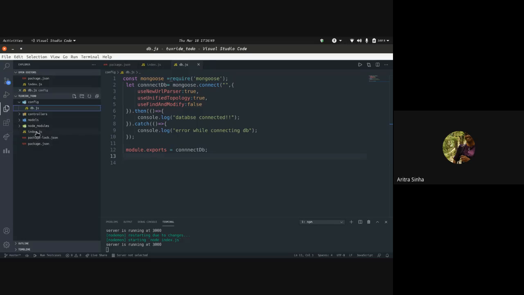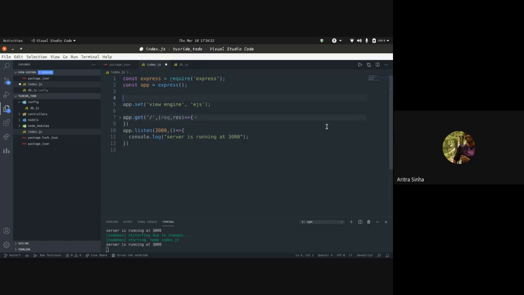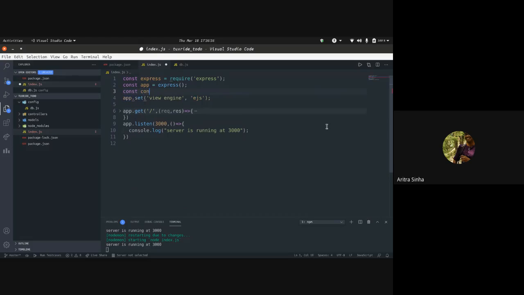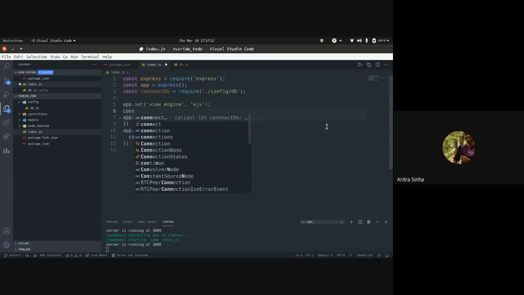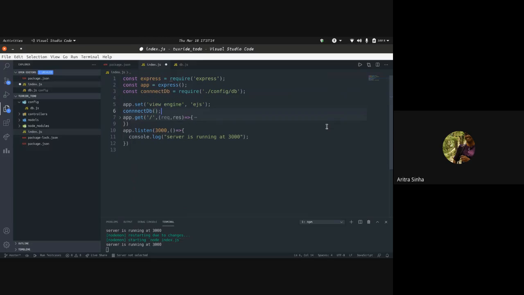Now I'll just go here and call const connectdb equal to require. We'll go to config and then to db. So I have imported that file, and after I'm done, I'll just call this function once and hopefully it will be done.